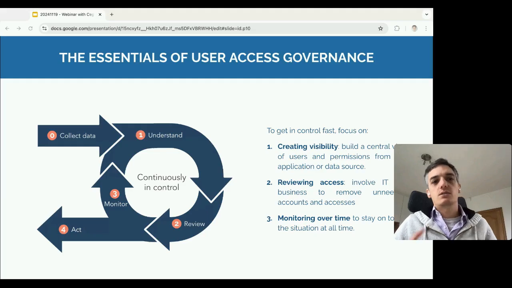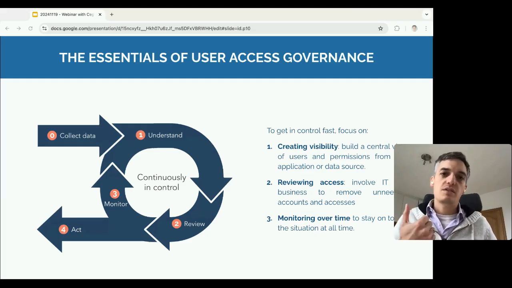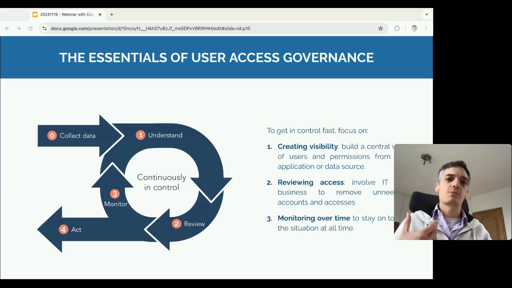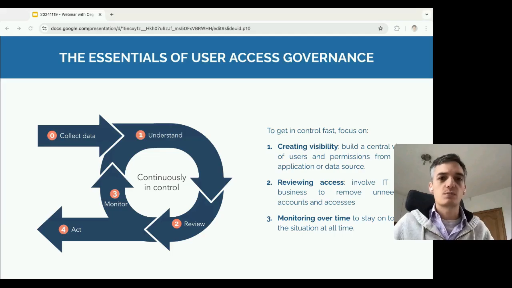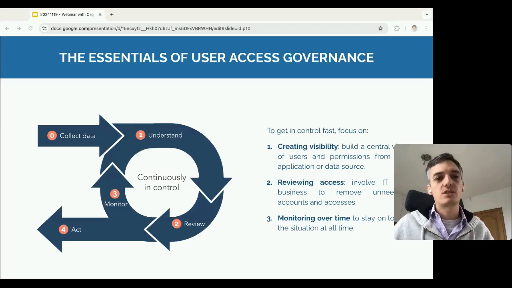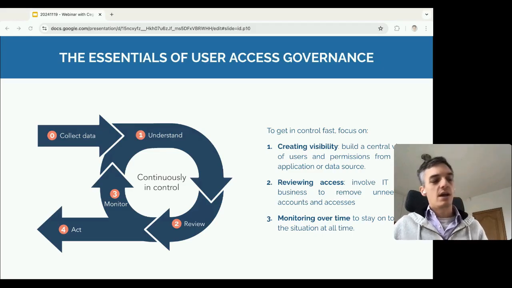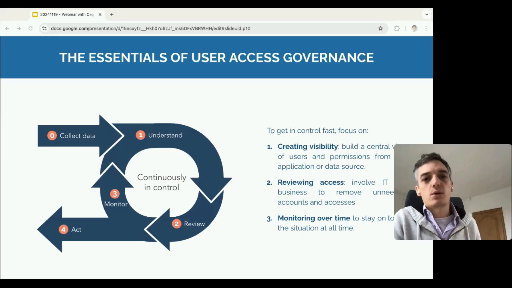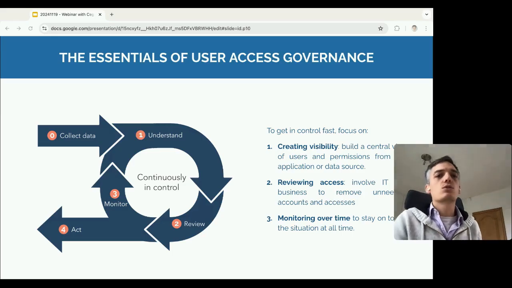In that case, the least that you should have is visibility over your users and their permissions, so you know what people can currently do in your critical systems and preferably in all of your systems. And then you should let IT, the business, the core security team, all of them review this, clean up these accounts and accesses, take action on any findings, and then automatically monitor these findings over time. That's really a closed loop data approach that lets you get in control and remain in control of who